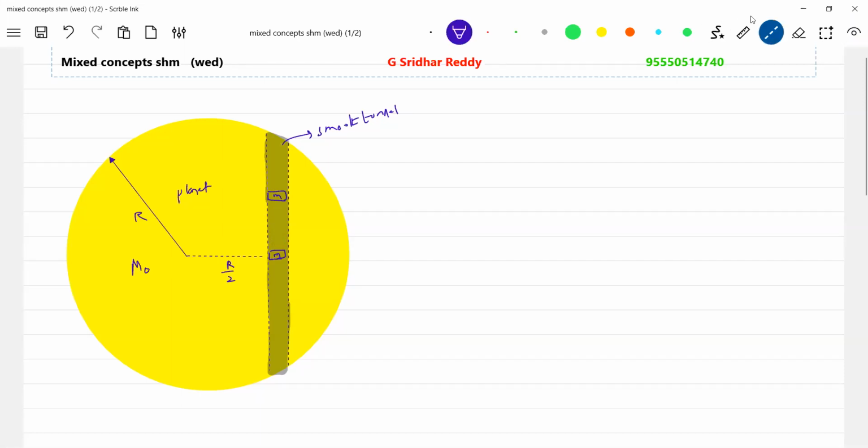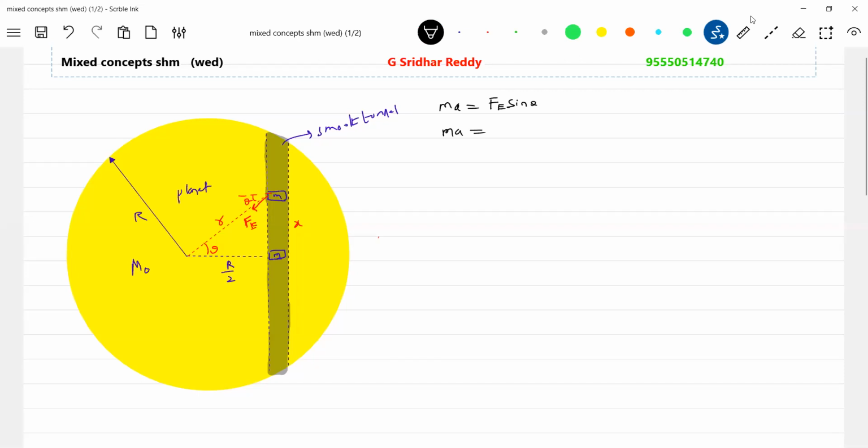Okay, let me take help of the diagram. Okay, this is this one. So this is what, X, you write it. So let this be R. Then the gravitational field strength here will be equal to E, and that E will become the force Fe. So let this be theta. So what is the restoring force? Fe sine theta.